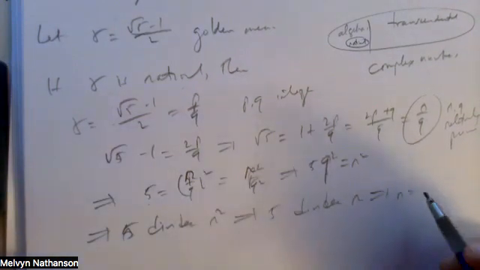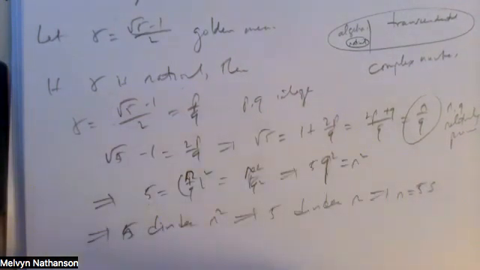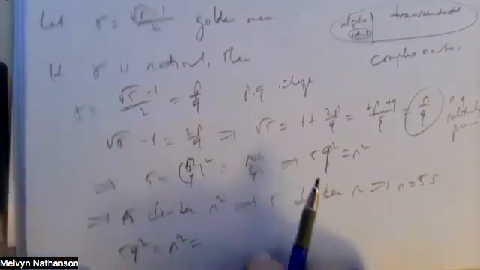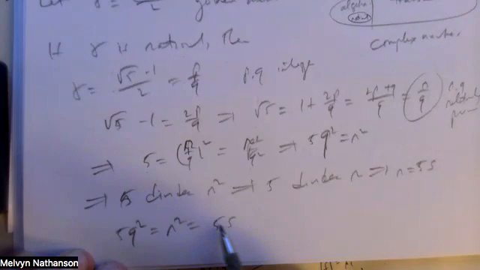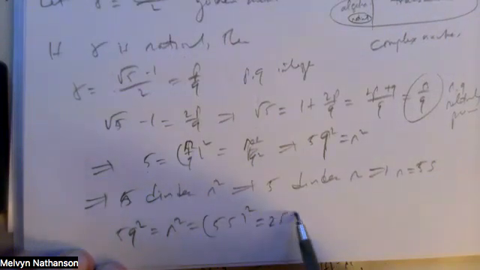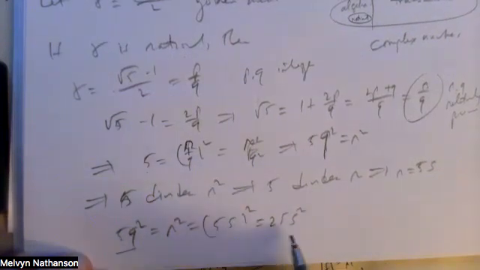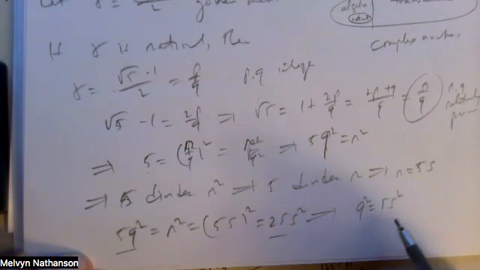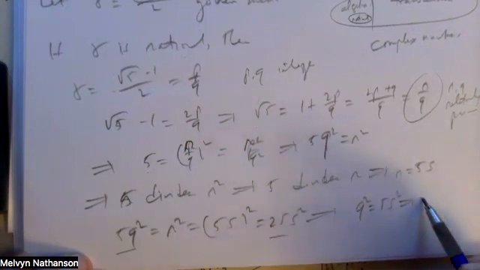So I can write r as 5 times s for some integer s. If I plug this into the equation 5q squared is r squared, which is 5s squared, which is 25s squared, and divide by 5, I get q squared is 5s squared, which means 5